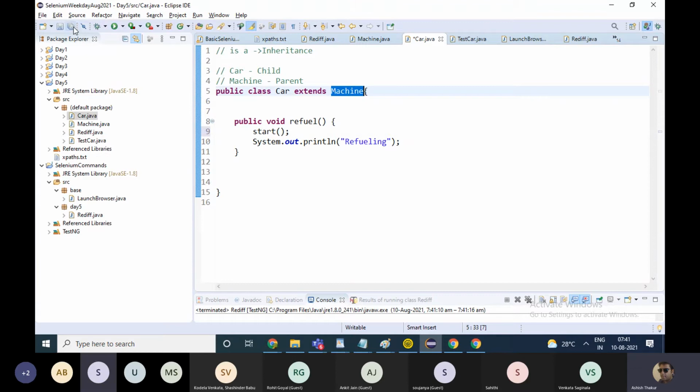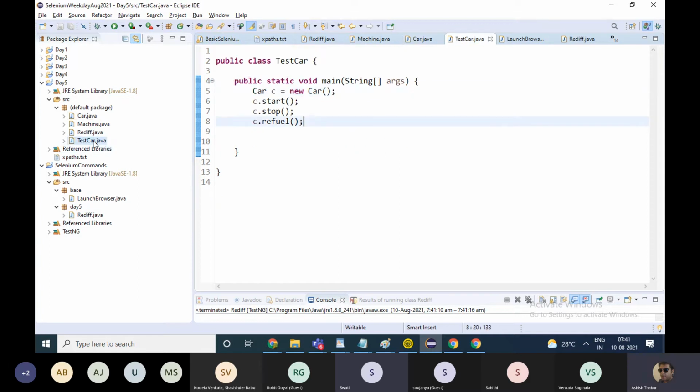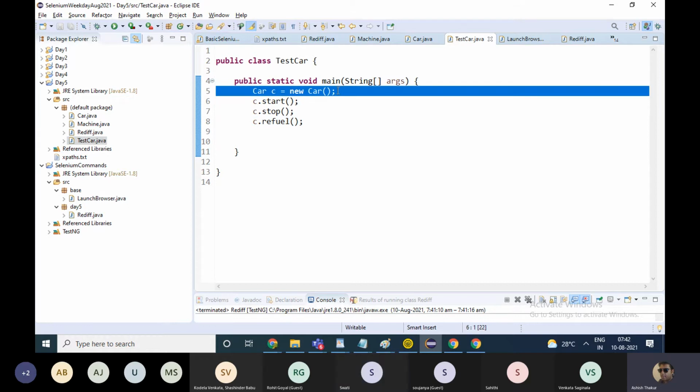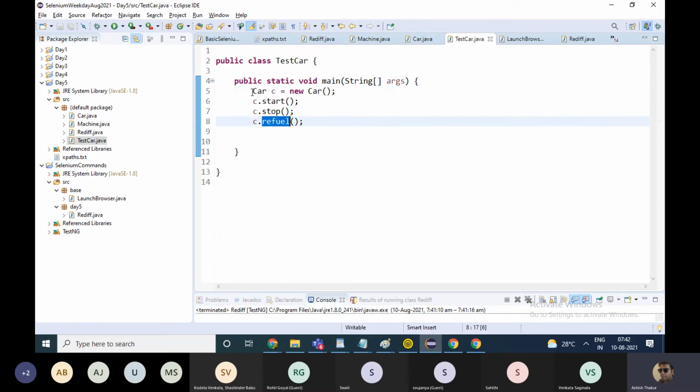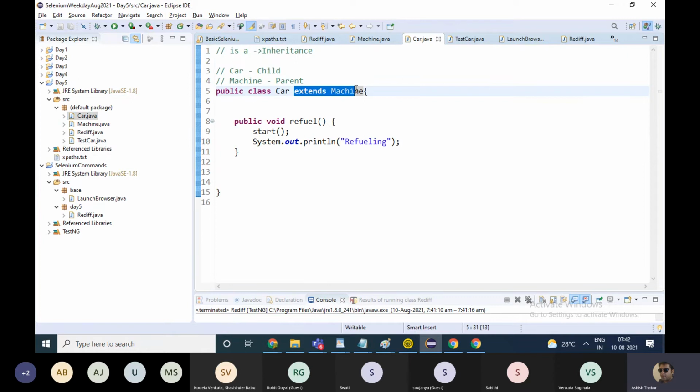Hi, Ashish, I have a question. You created a test car Java class, so it will import the functions of the machine class as well as the car class? If you create the object of the car class, I am not importing anything, I'm just creating an object of the car class. This object has got access to the features of car as well as machine because the car class is basically extending the machine class.